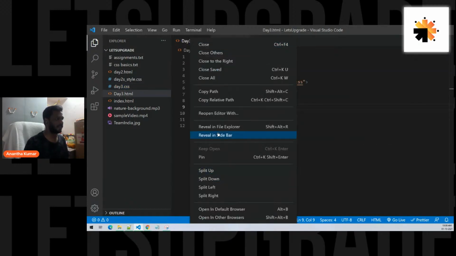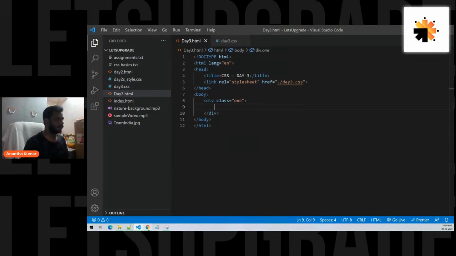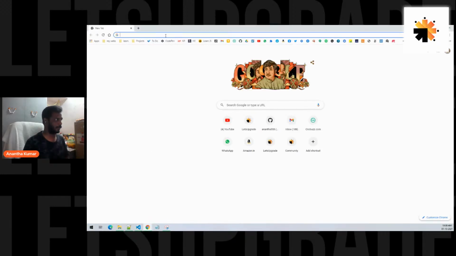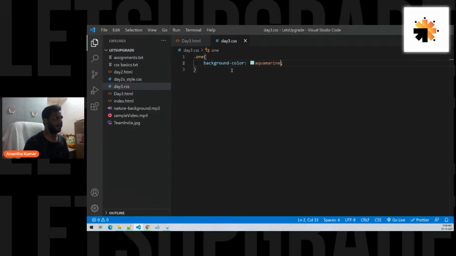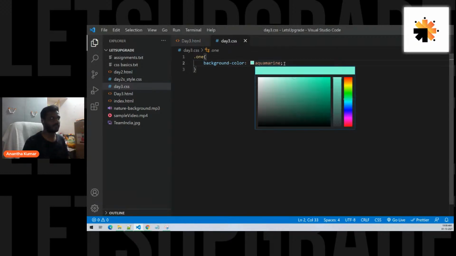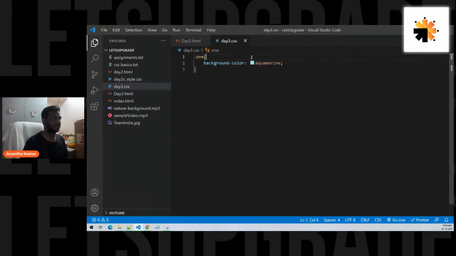Let's copy this file path, go to the browser, and refresh it. We are not able to see that. Why? We remember that for a container, it's always important to give the height and width, without which we cannot see the element. Height 100 pixels,